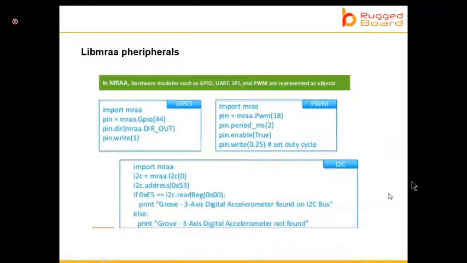For analog you have the AIO class, and for UART you have its own class. These are the different classes available within the MRA library. You have to understand the APIs of each class and use them appropriately.